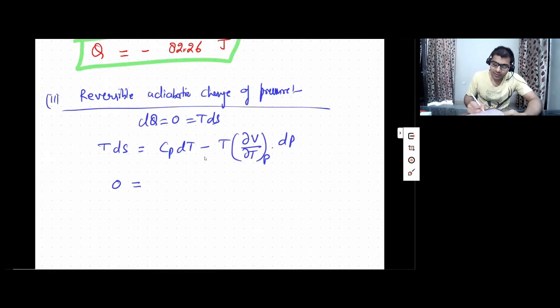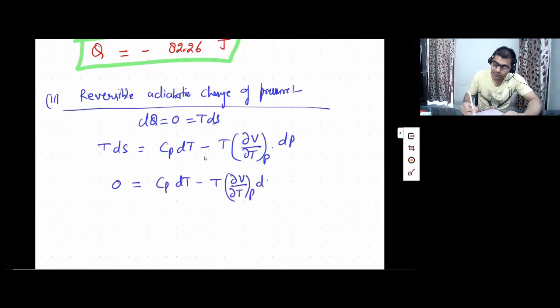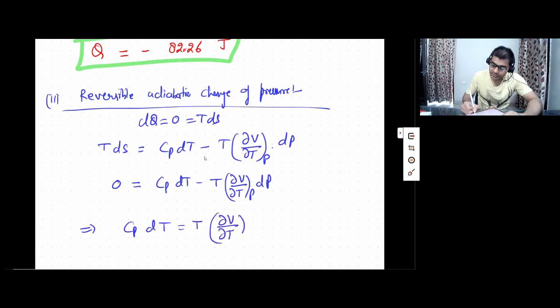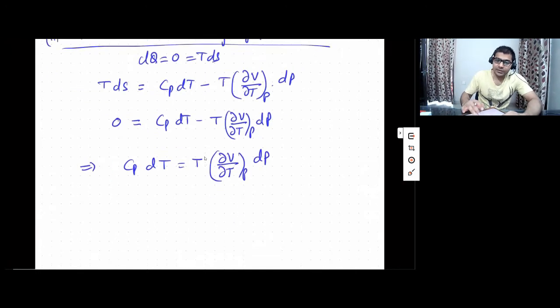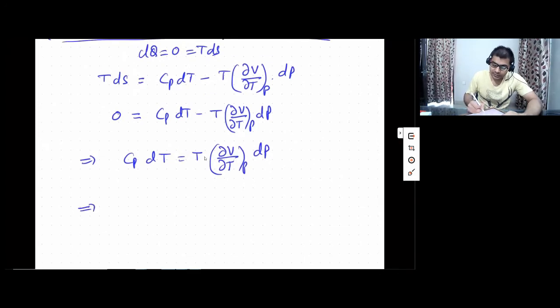So Cp dT equals T times del V by del T at constant P dP, which gives dT equal to T over Cp